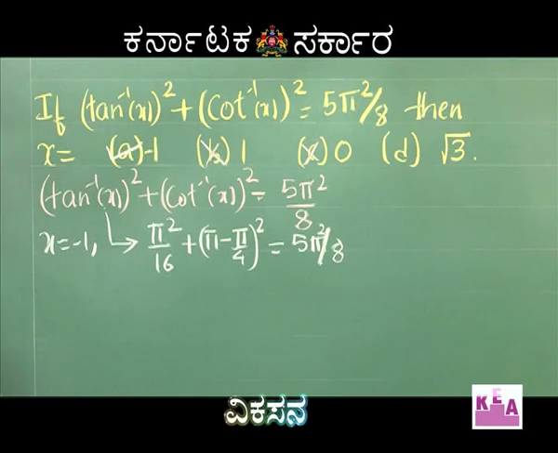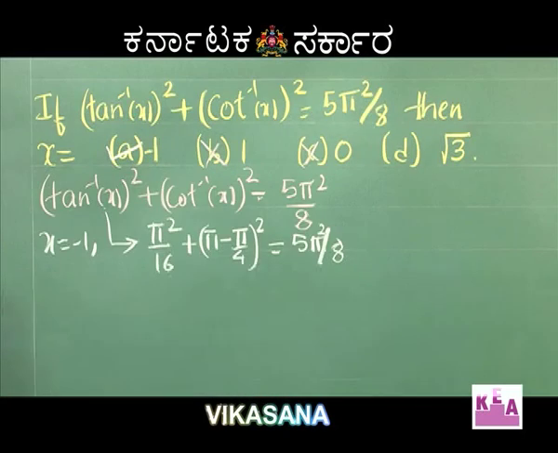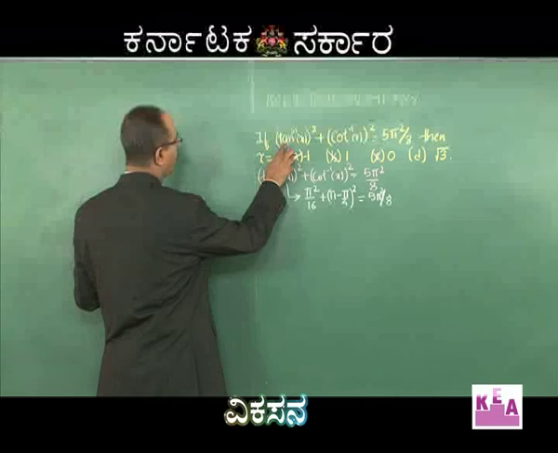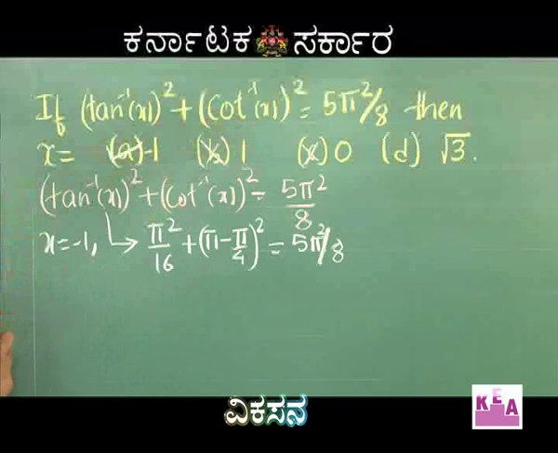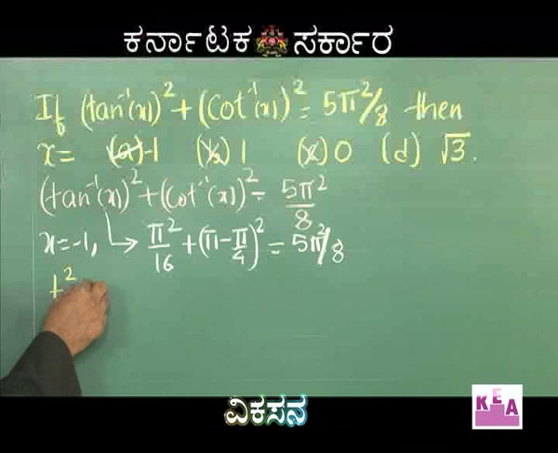This is method number 1. Actually, this is the method of elimination. We got the answer. Now let us try to adopt a different method. Look at this, dear students. We have tan inverse of x whole square. We have cot inverse of x. So I'll write tan inverse of x as t, so t square plus cot inverse of x, which is given by